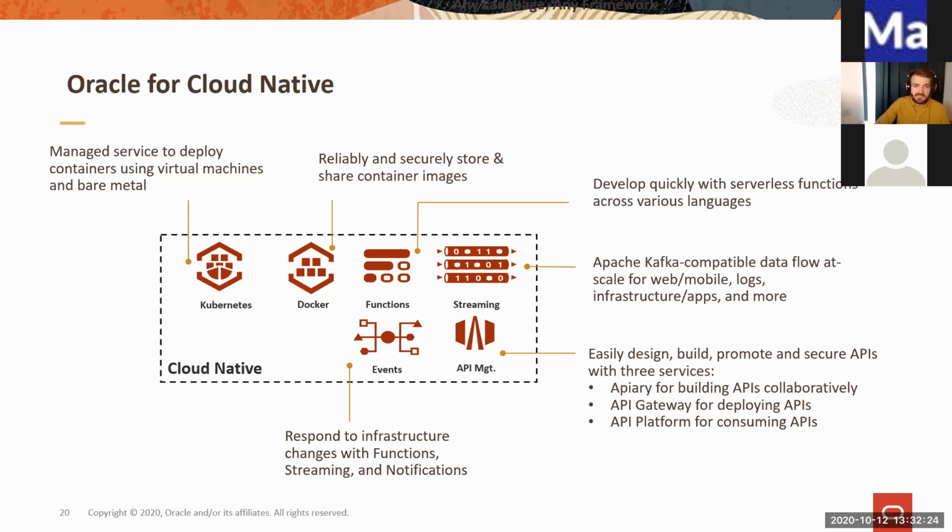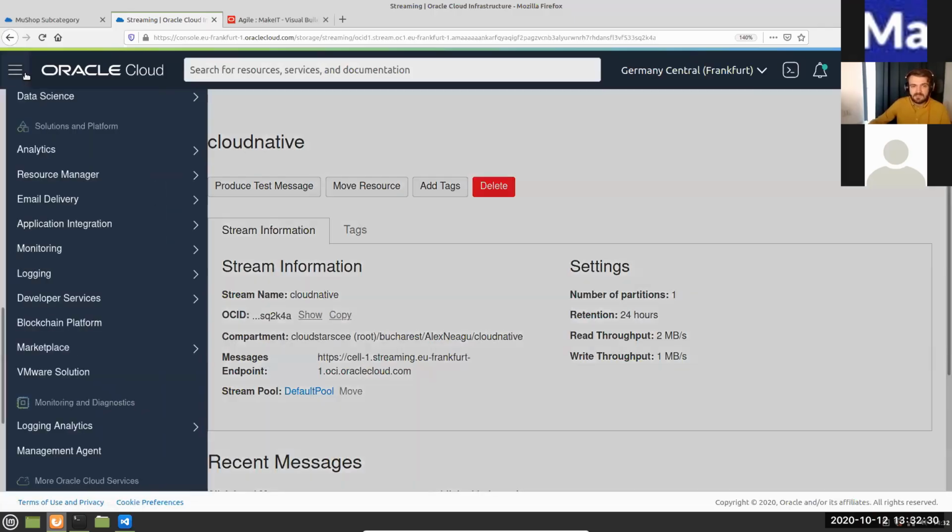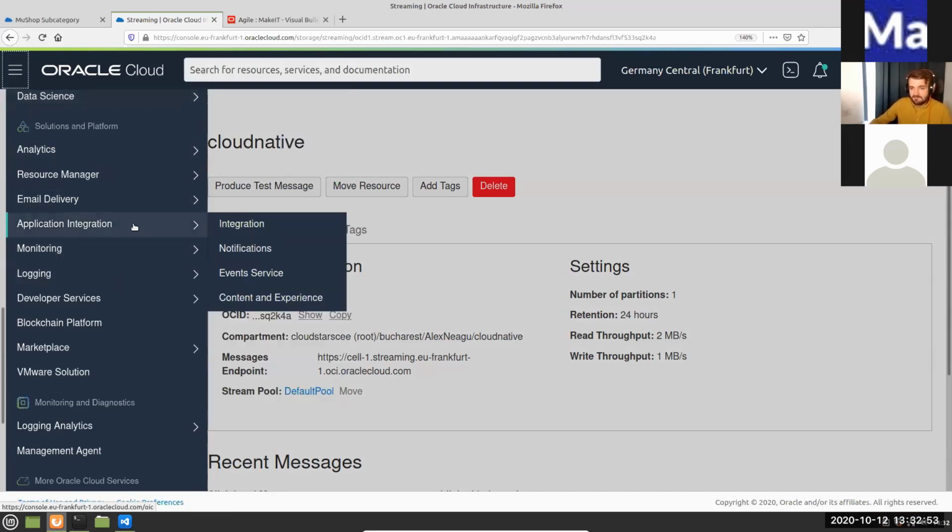And of course, we have the API management. Again, API management is a fully managed service. So our functions, once they are provisioned in Oracle Cloud, can be invoked via HTTP. They can be invoked using different SDKs, for example the Python SDK. We have a bunch of SDKs available for the popular languages. But API Gateway does another very nice thing.